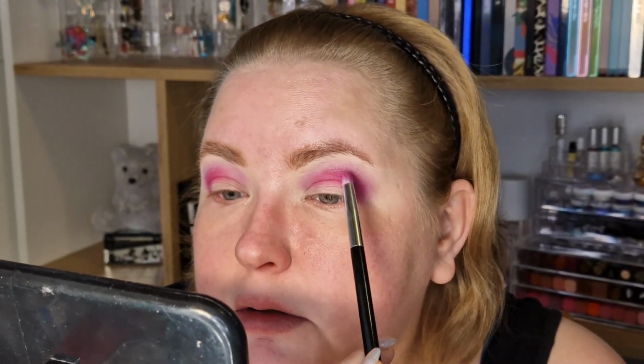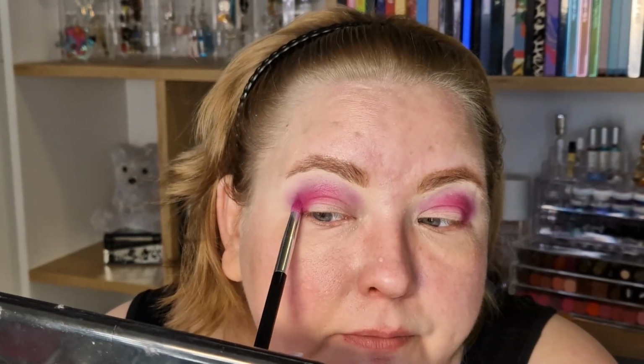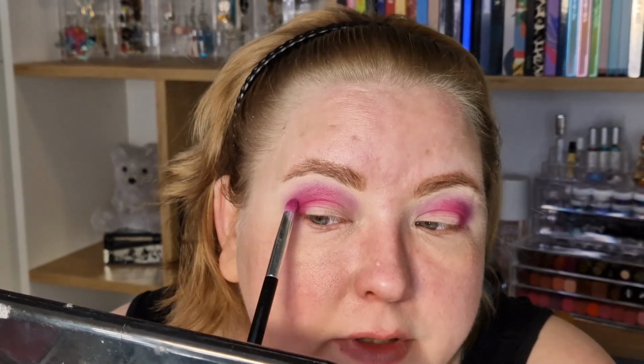I took a bit more of the darker purple and I'm gonna buff it out a bit too, because I really want this to be the main shade. And I still have the...